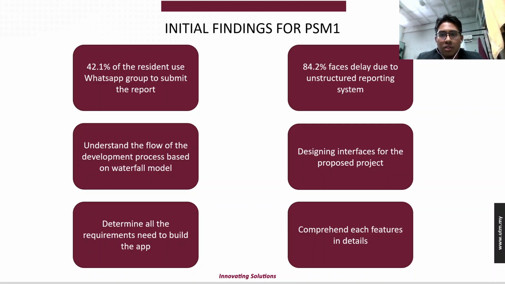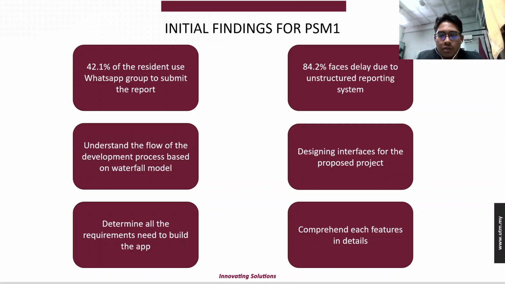Basically, I have done the user interfaces for three users, which are the interfaces for residents, management, and technician. The second last of the findings of PSM1 is that if you're building an app, you need to determine all the requirements, in terms of both software and hardware.